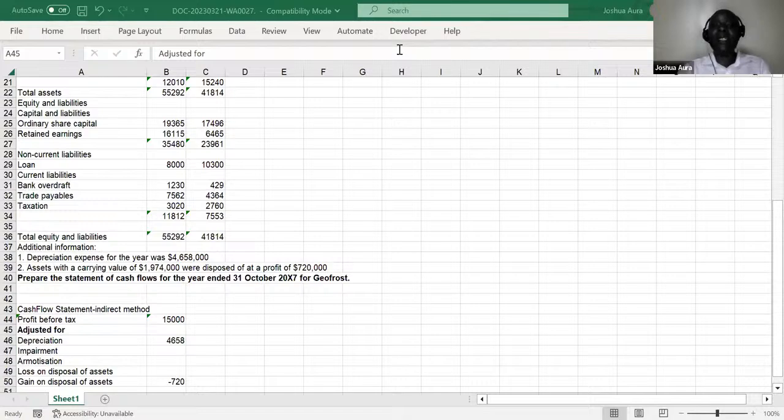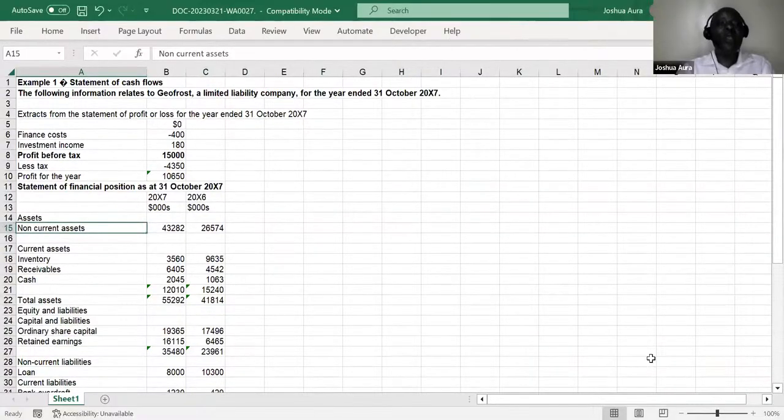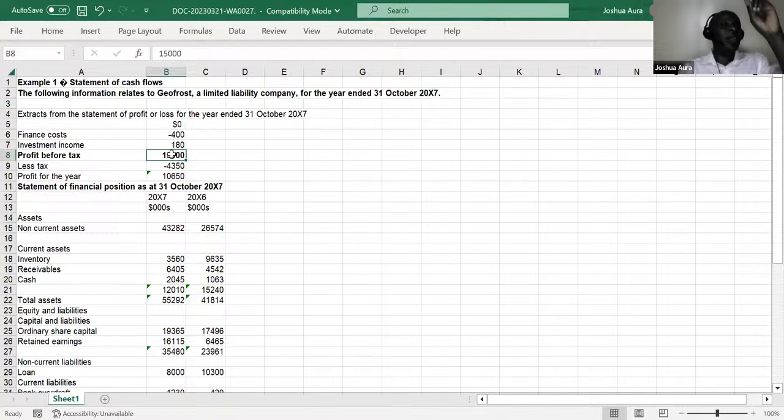Now, after that, ladies and gentlemen, listen to me very well. Once you've reached there, if you remember my video, when I say page up, we said this profit before tax, when you have done the disposal gain, you come back to this profit before tax, and then you look north. North means up. You look north, you look upwards, and identify any